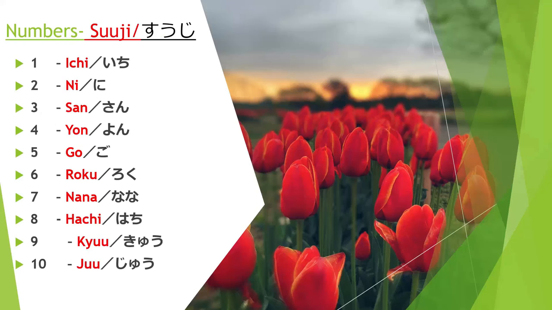Hyaku is 100. So ichi, ni, san, yon, go, roku, nana, hachi, kyu, ju, ju-ichi, ju-ni, ju-san. It continues like that till 99, and then